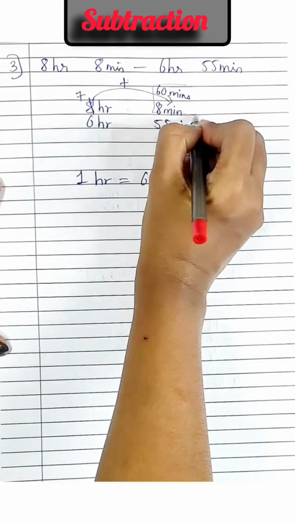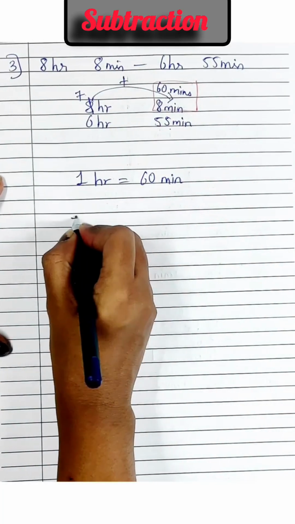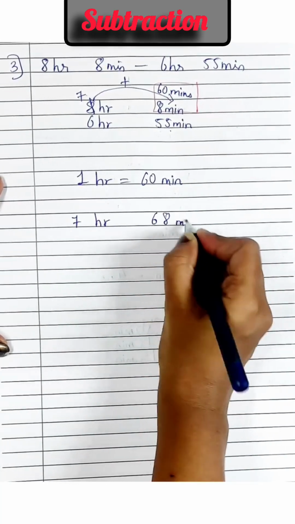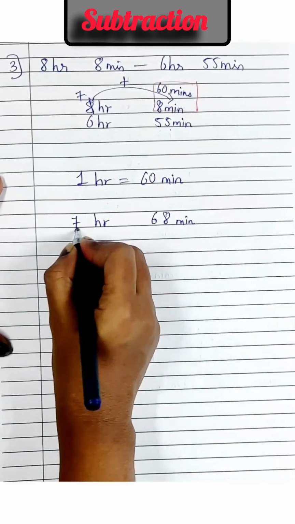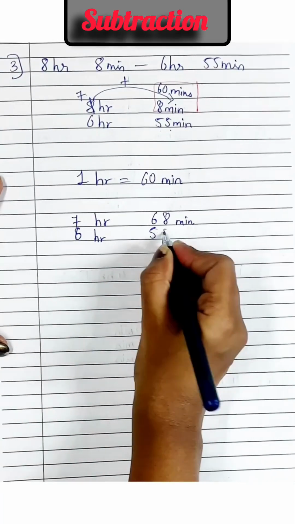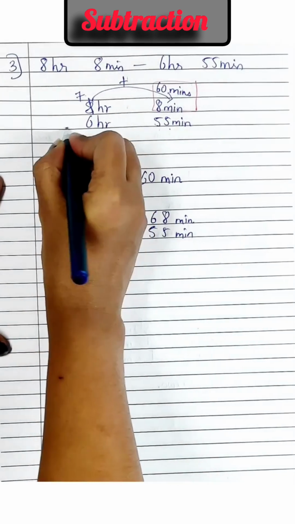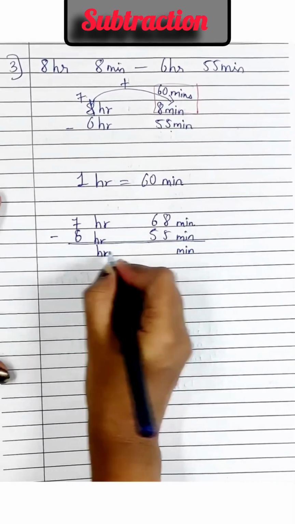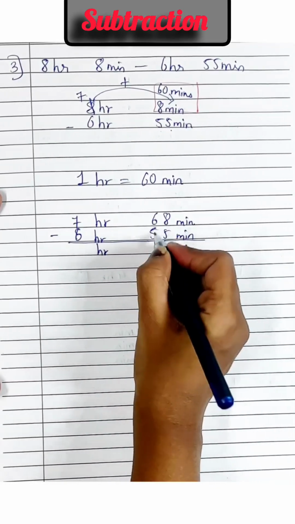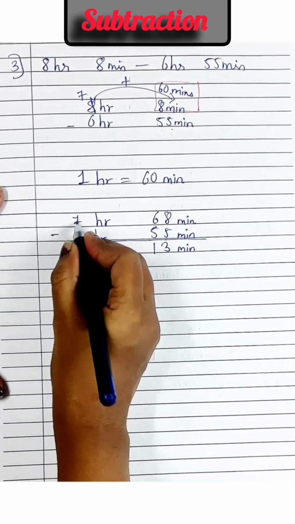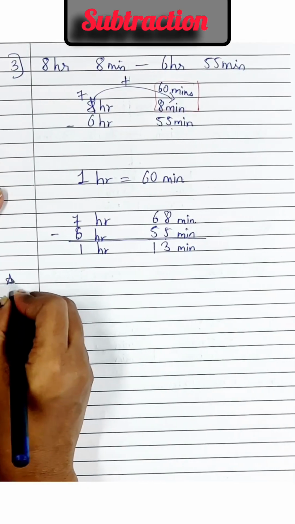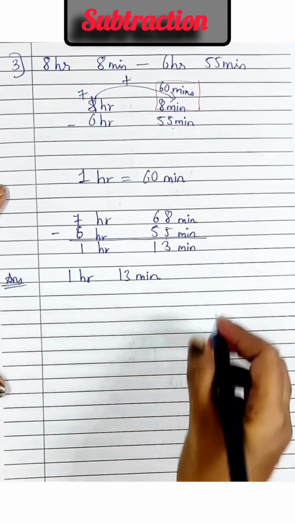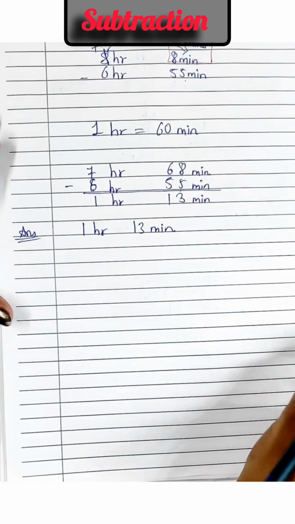तो यहाँ पे पहले हमें इसे एडिशन करना पड़ेगा। तो हमारा क्या बनेगा? न्यू क्वेश्चन, 7 hours 68 मिनट्स और इधर 6 hour 55 मिनट्स। नाउ माइनस, अभी हम इसे माइनस कर सकते हैं। सो 8 minus 5, 3. 6 minus 5, 1. 7 minus 6, 1. सो हमारा आंसर क्या आया? 1 hour 30 minutes। एक और सम देखते हैं बेस्ड ऑन दिस।